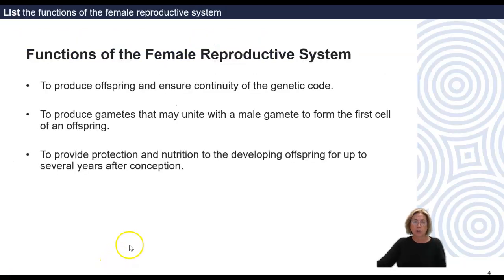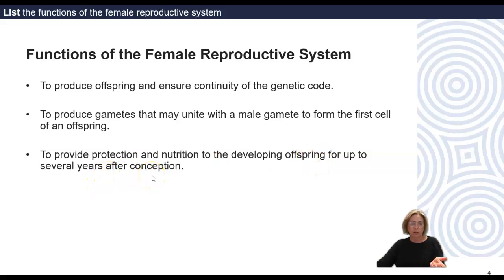Now, in terms of functions of the female reproductive system, like the male one, to produce offspring and ensure continuity of the genetic code, to produce the female gamete, which is the secondary oocyte or the ovum that may unite with the male gamete, so the sperm cell, to form the first cell of an offspring, being the zygote. And then there is additional stuff to provide protection and nutrition to the developing offspring for up to several years